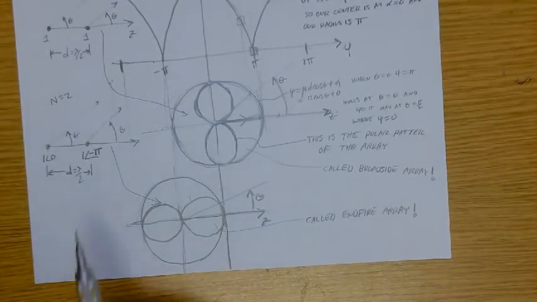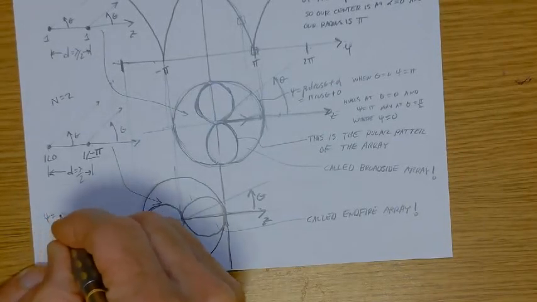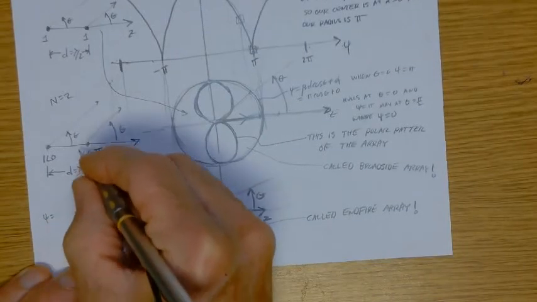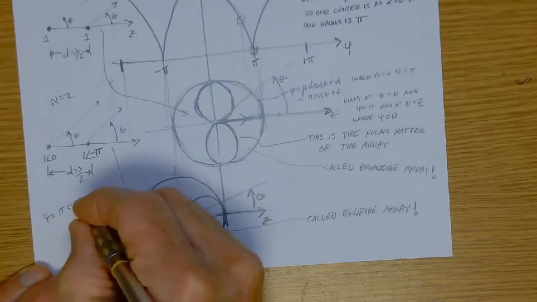So when we do psi this time, it's going to be beta d cosine theta. They're still separated by half wavelength, so it's going to be cosine theta